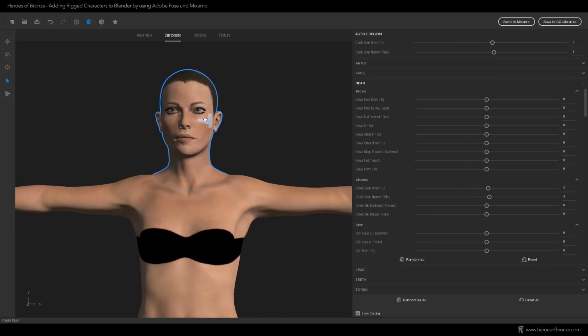It may seem overwhelming at first, but don't worry, all you really have to do is to click on different parts of the body and drag them around. Every time you do that, your chosen part of the body appears in the right active region area where you can work with the slider, or you can manually do it by left clicking and dragging. It's really that easy. Ever since I played The Sims 2, I've always dreamed of an accessible tool to be able to do this, and now I have it.